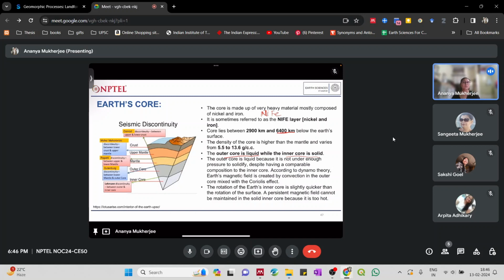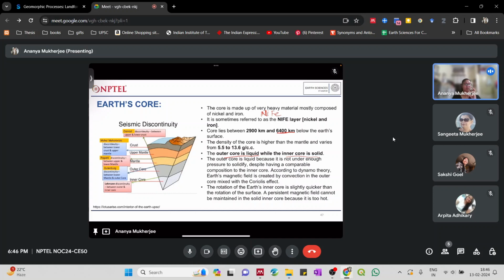So that is found from the abundance of nickel and iron in the outer core itself. That is why it's important for outer core to stay in the liquid form, as well as the composition of the outer core plays an important role in the generation of the earth's magnetic field. Now inner core is solid. Okay, so the inner core being solid, it actually has